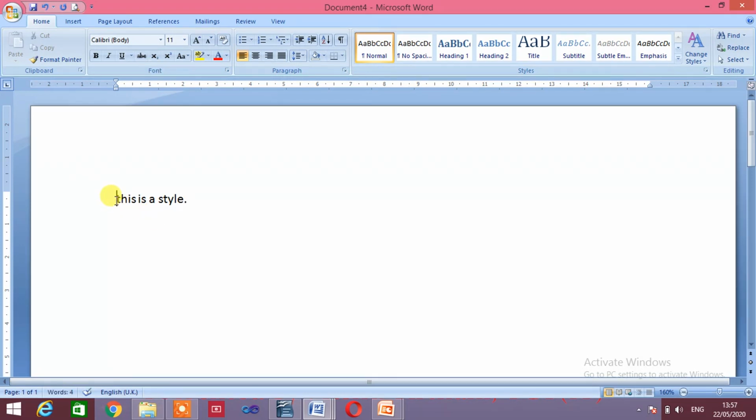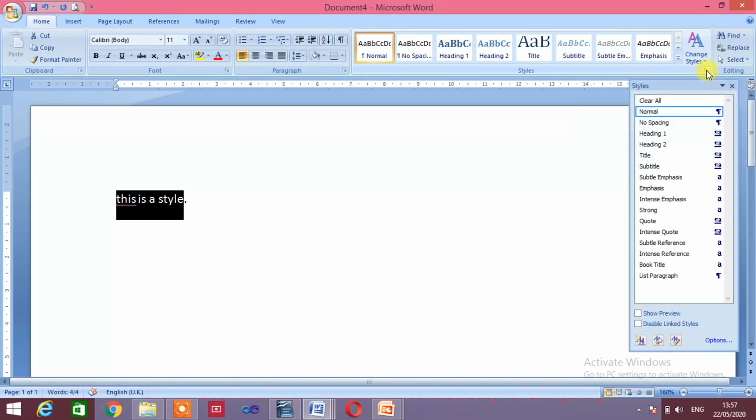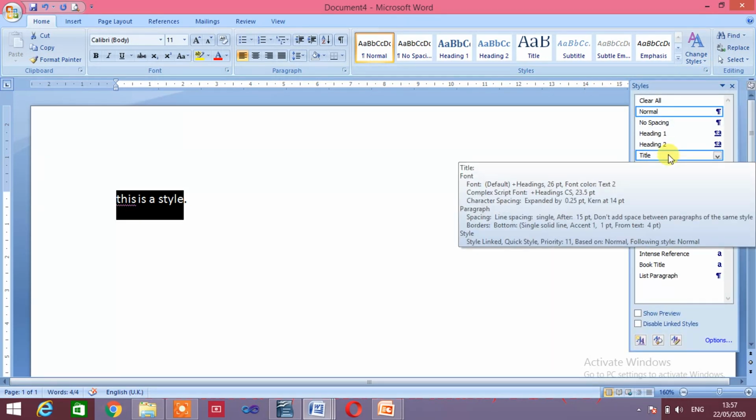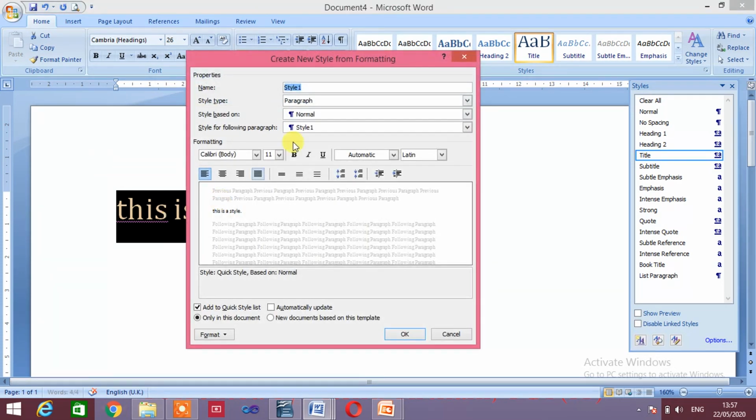Now I'm selecting it. I'm going to the Home tab. I'm going to the right down arrow of the Styles group. I'm applying any one style, like Title style, or if I want to use any new style, I will click on New Style. I will give the style name like My Style.